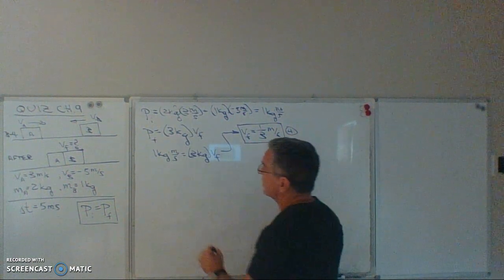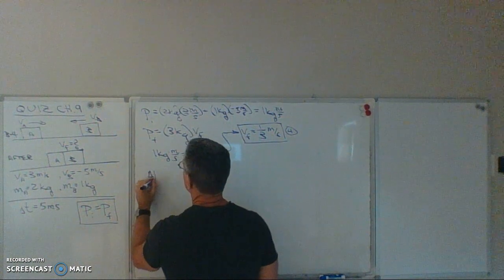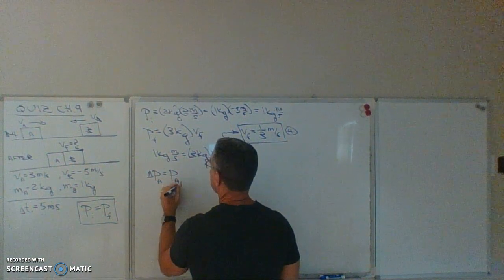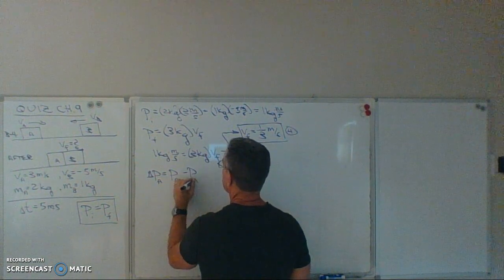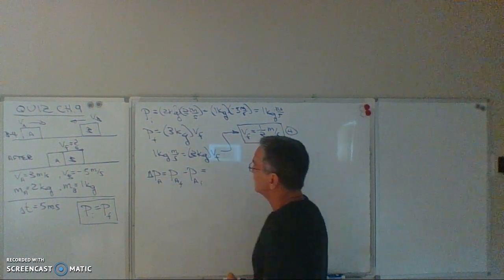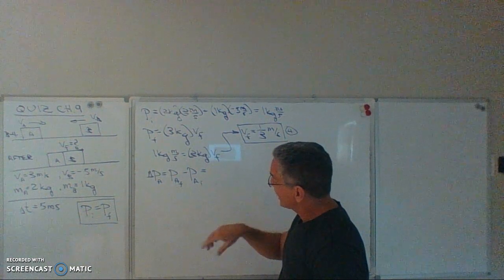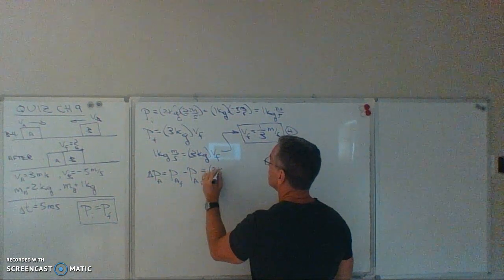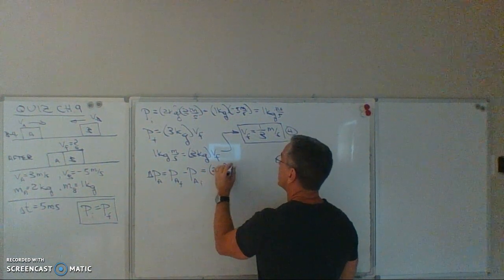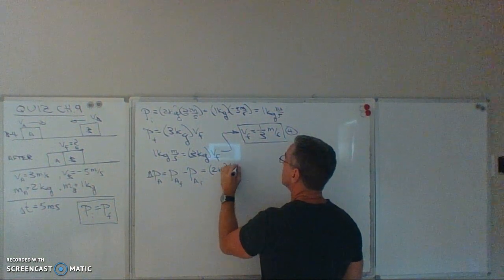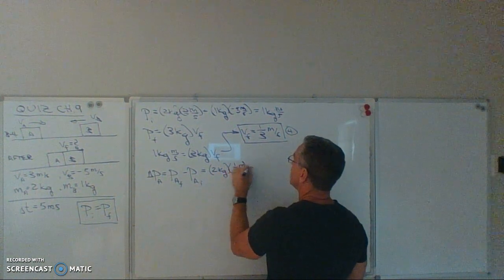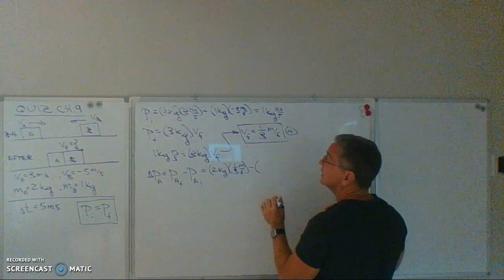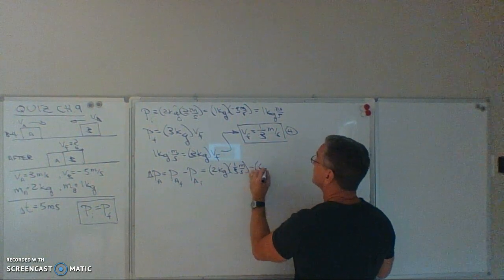Let's find the change in momentum of block A. Well, that'll be the momentum of block A final minus the momentum of block A initial. Okay, so we really already have that. The final momentum of block A will be its mass of 2 kilograms times its final velocity, which we now know is 1/3 meter per second. Then we subtract from that the initial momentum, which is 2 kilograms times 3 meters per second, so that's 6